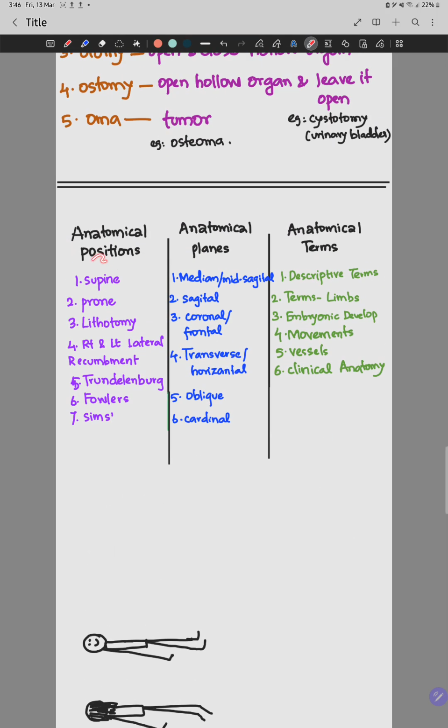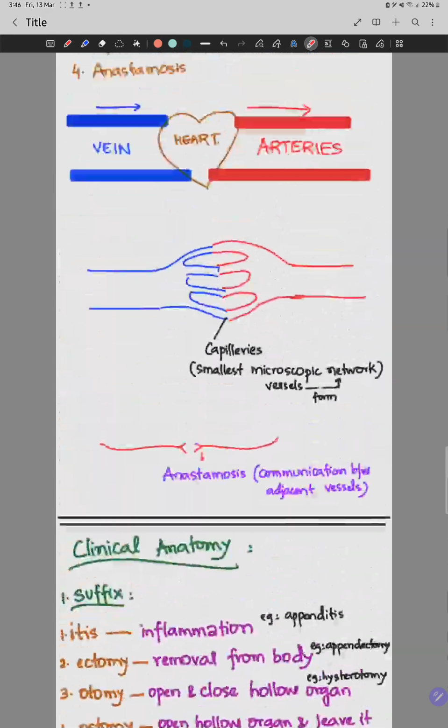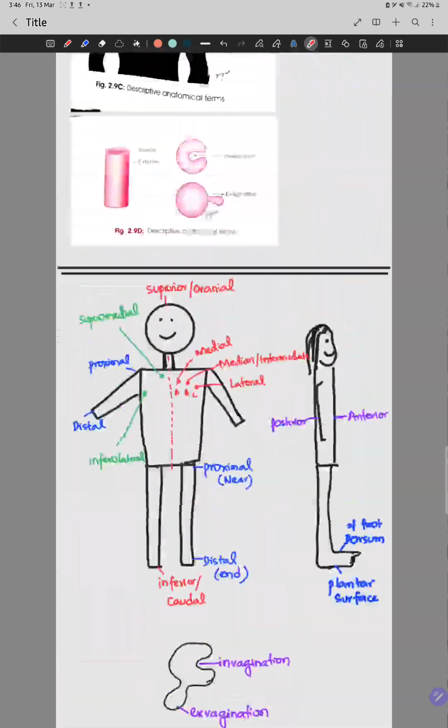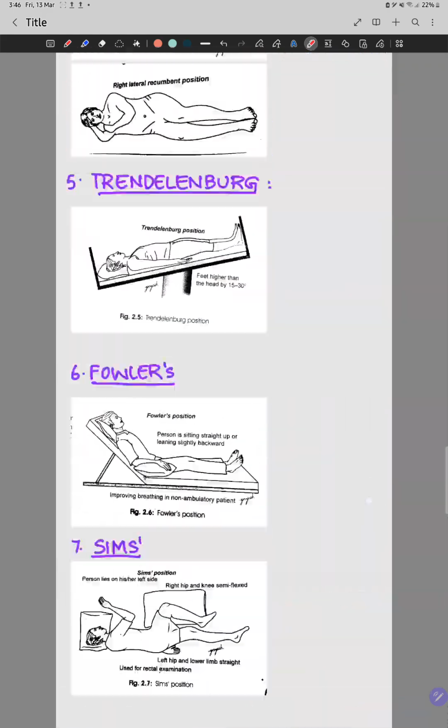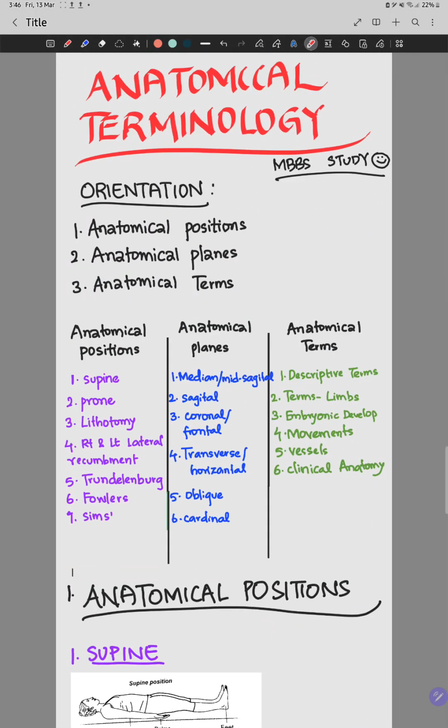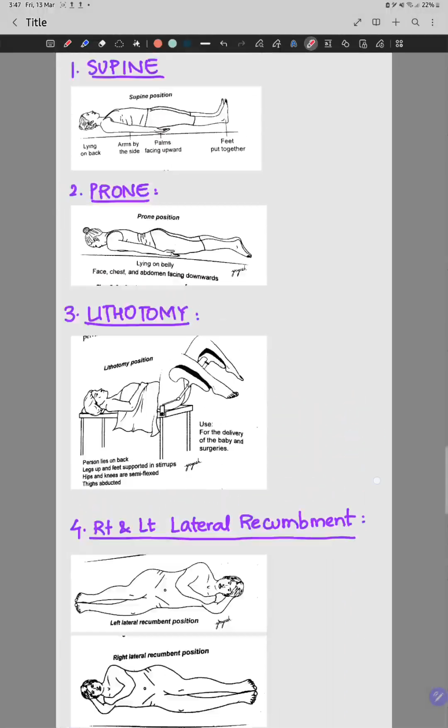So I have finally completed the anatomical position, planes and terms. These words will be very useful for you, so that you can go through the next topics very fast, without a break. These terms will be very useful throughout anatomy. I have completed this, and I also